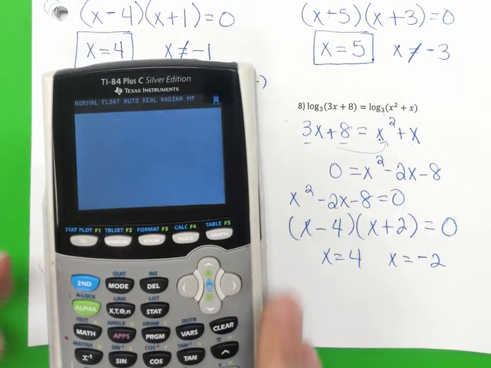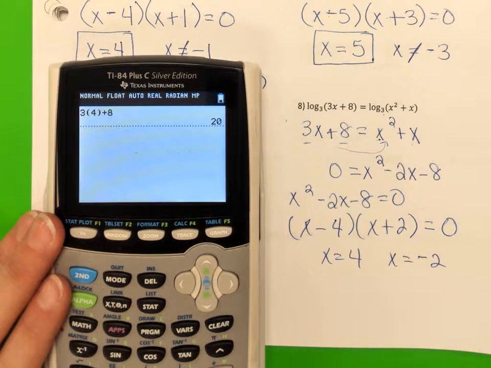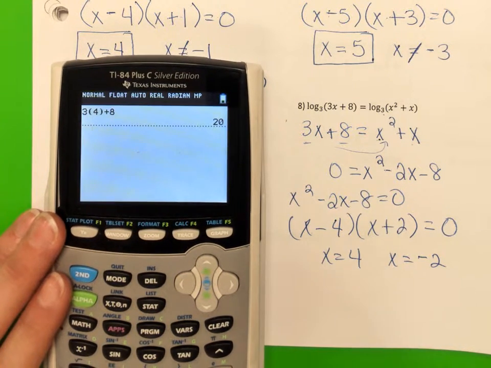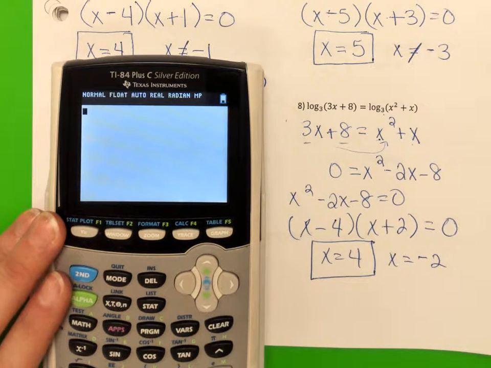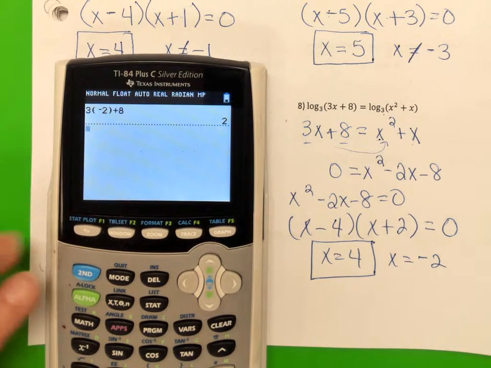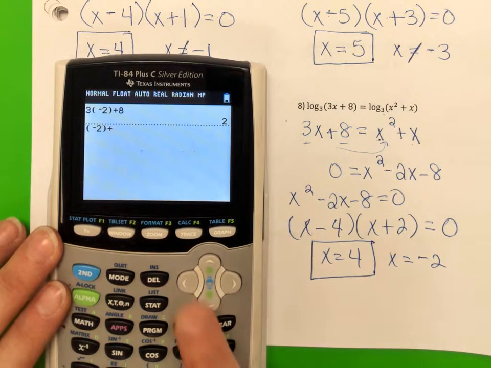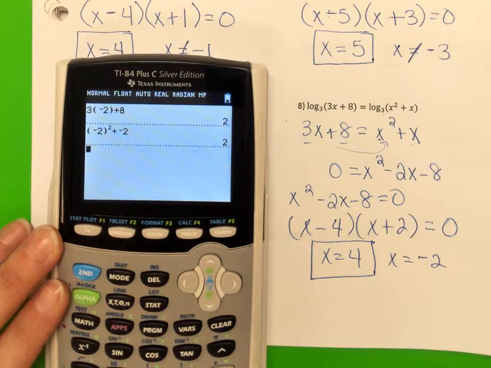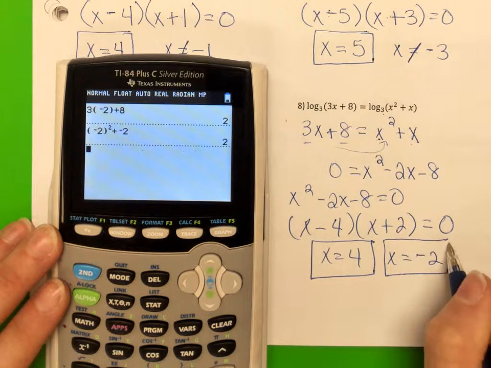And I've got to check them. Here we go. So 3 times 4 plus 8 is 20, right? That's positive. It's got to give you the same thing on the other side. 4 squared plus 4 is also 20. So that is an answer. All right, let's check -2. 3 times -2 plus 8 is positive 2, right? Let's do the other one. -2 squared plus -2 is also 2. Very good. So since my answers are positive and the same,